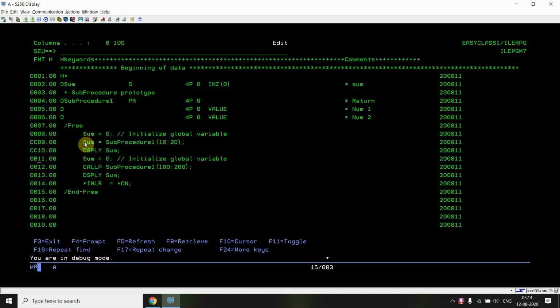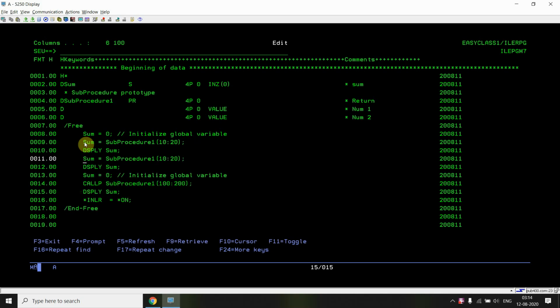If I don't want to return this value to any variable, I'll simply call it. The first thing is this, the second is this, and the third is call p, call p sub procedure 1, then those input parameters.